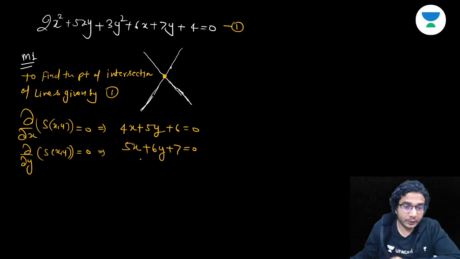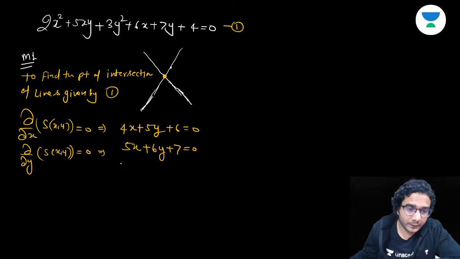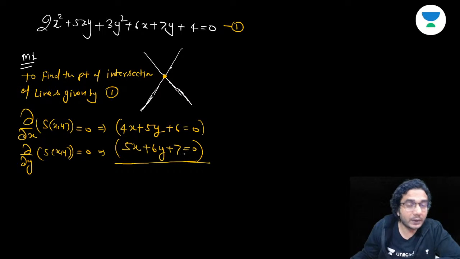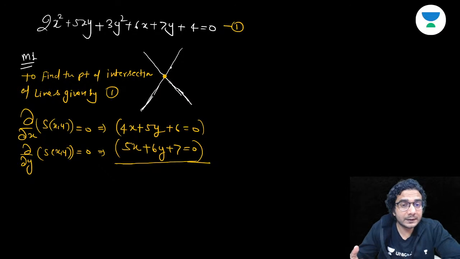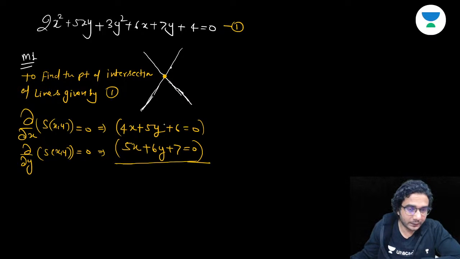Yeah, Raghav, do you know these relations, how to find the point of intersection? We differentiate these equations partially with respect to x and with respect to y, and then we solve them. So this is a method to find the center of any curve, and in case of a pair of straight lines, it is the method to find the point of intersection. I have explained this method in the previous lecture, so if you have not seen it, you can watch that video later.